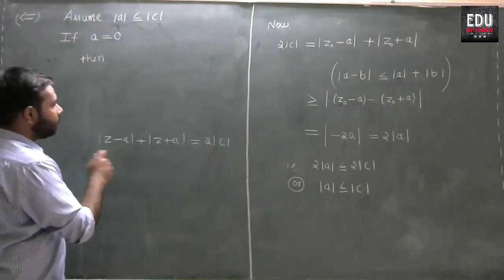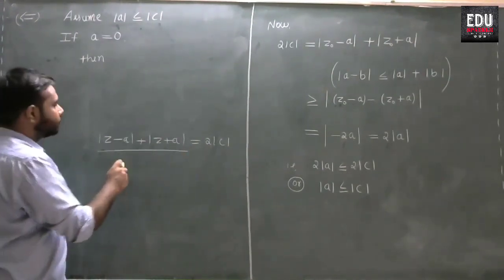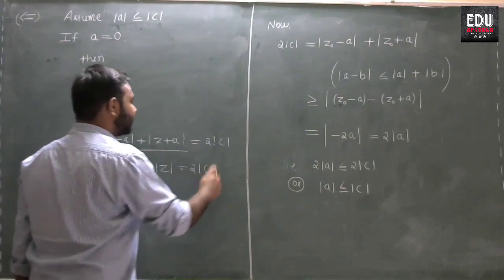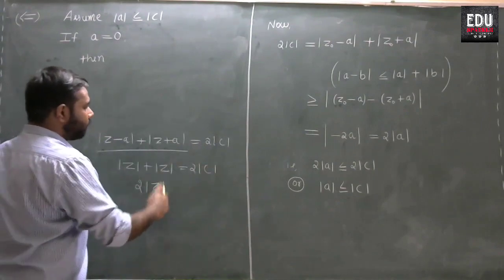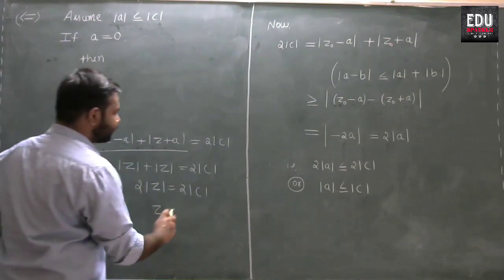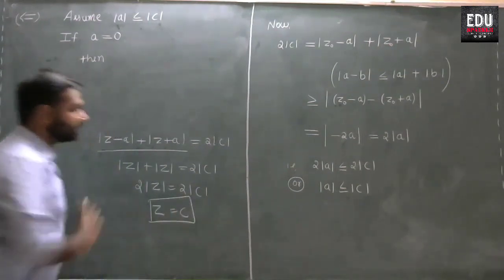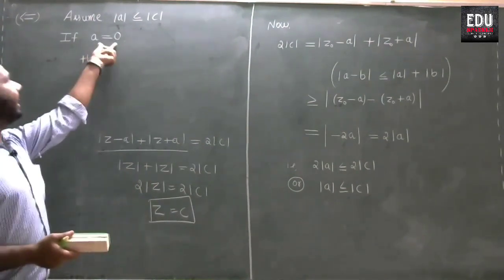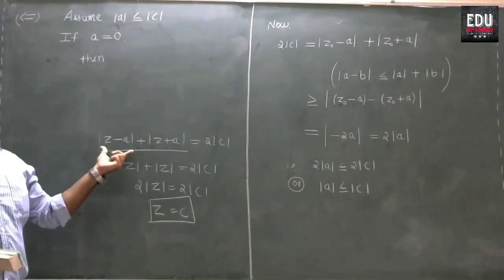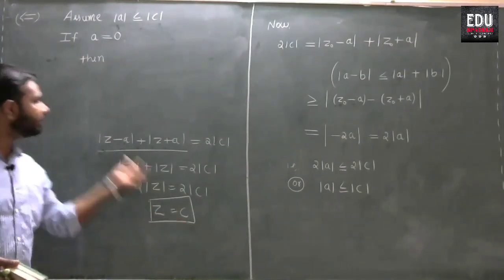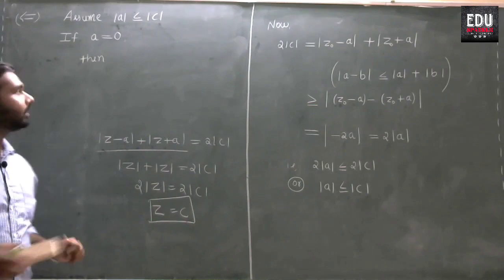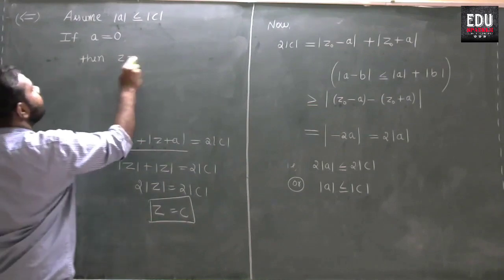So if A is 0, the left hand side gets reduced to modulus of Z plus modulus of Z equals 2 into modulus of C, or 2 into modulus of Z will be equal to 2 into modulus of C. That means Z has to be equal to C. So whenever A is equal to 0, Z equal to C actually satisfies the equation. So if I put Z is equal to C here, then the equation gets satisfied. So then Z is equal to C